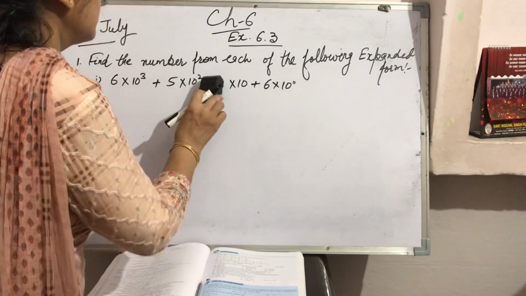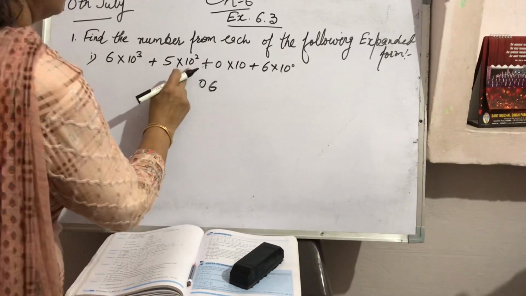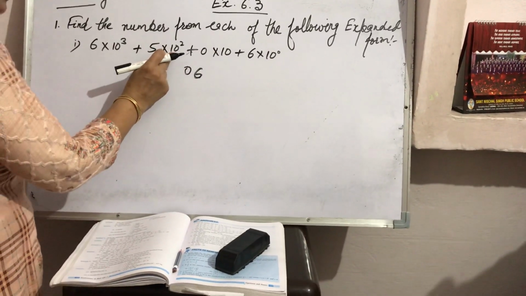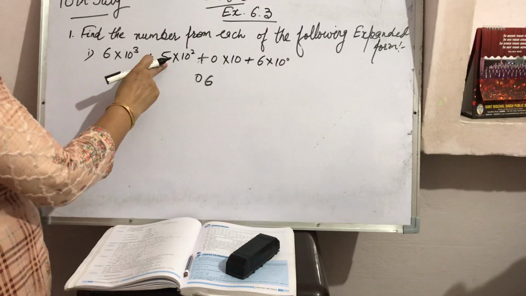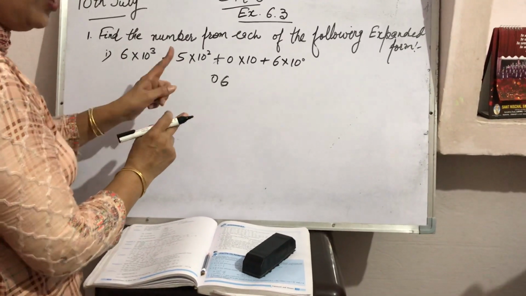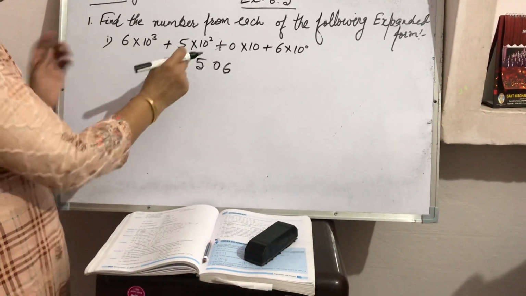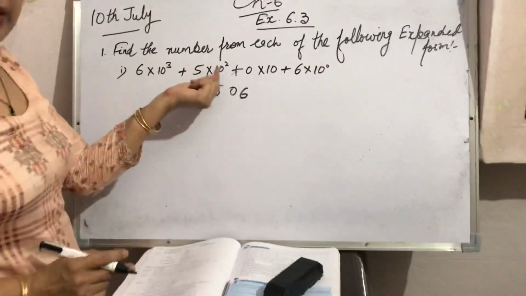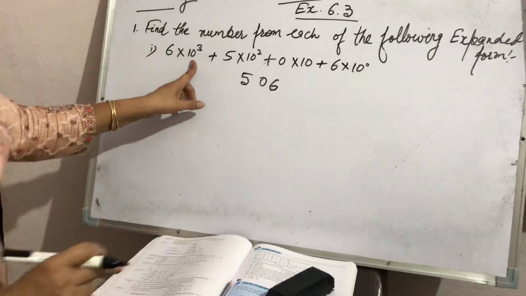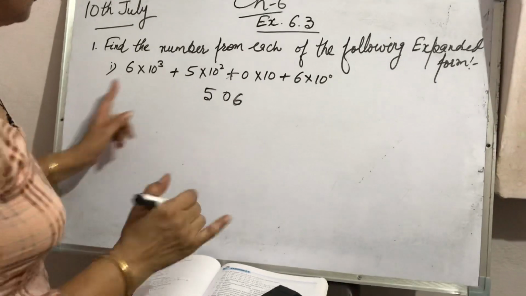Then this is the sign of positive. After this 0, 1, then 2. 10 raised to power 2 means 100, and 5 hundreds are 500. It means that this is the place of 100. 5, this is the place of 100. That's why we are using 5 plus 100. Then 10 raised to power 3. It means this is the place of 1000 because 1000 has 3 zeros.